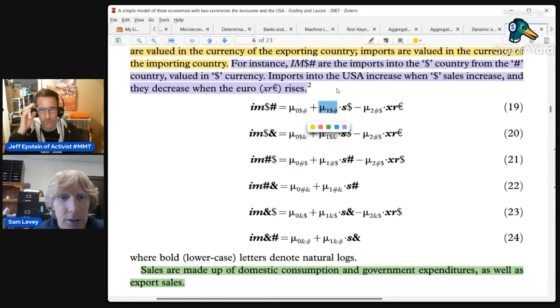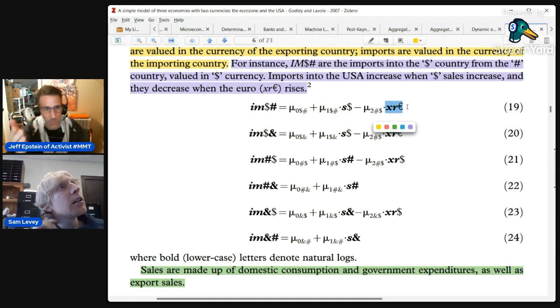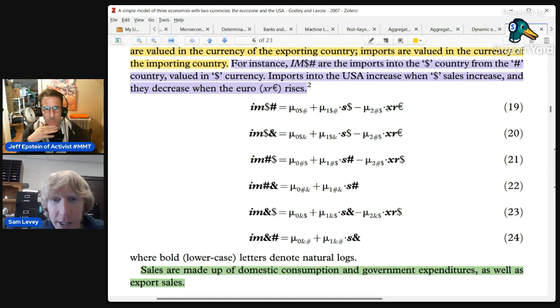And then the exchange rate of the euro, depending on the exchange rate of the euro, that will be multiplied by some other number. So if the exchange rate goes up, it's basically a propensity to export or import. I guess it's saying if the exchange rate goes up, then there's a minus sign here, so imports are going to go down by this amount. This is the propensity to import. That's what this is.